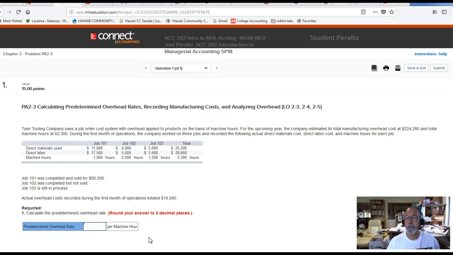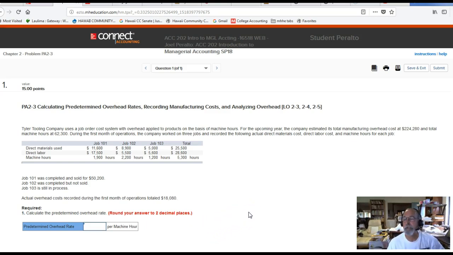So anyway, the company estimates its total manufacturing overhead at $224,280, and it also estimates total machine hours at 62.3, and the process for that would be essentially the same, looking at history to come up with an estimate to be used moving forward. During the first month of operations, the company worked on 3 jobs and recorded the following actual direct